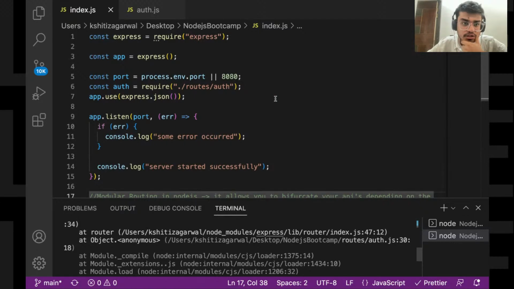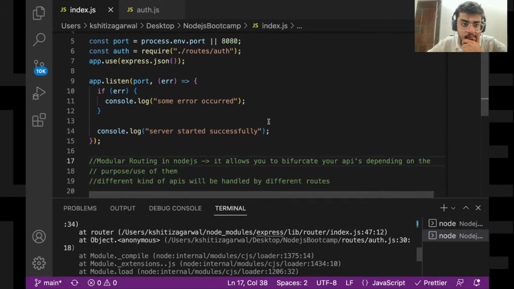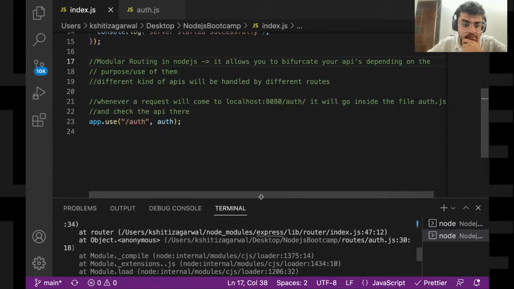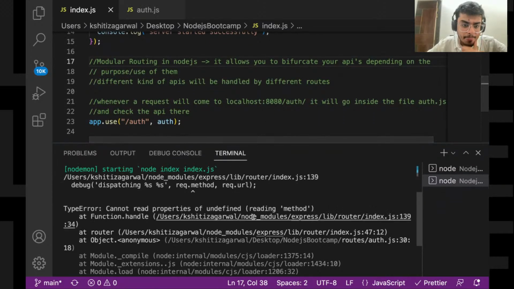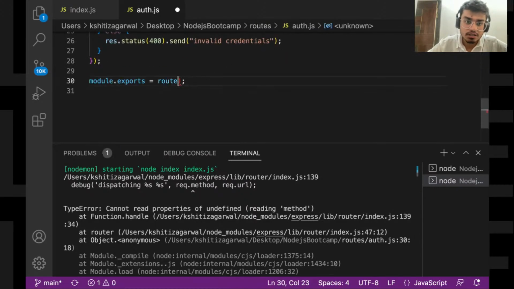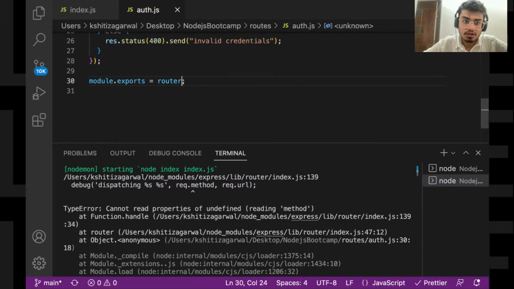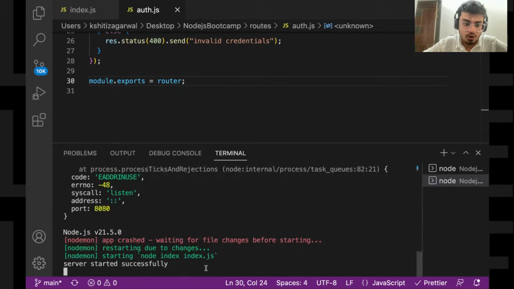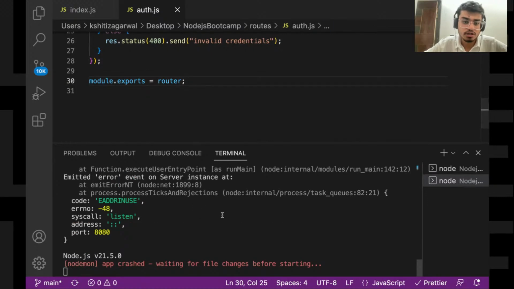Can you see what is wrong over here? Oh, sorry. Actually, I have made a syntax mistake. It seems this router does not include this. Yeah, now it has started successfully. So that was an issue: I used round brackets over there by mistake, so it is not required.